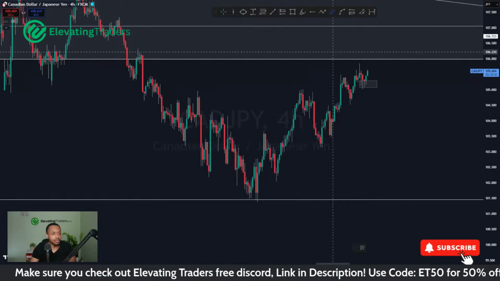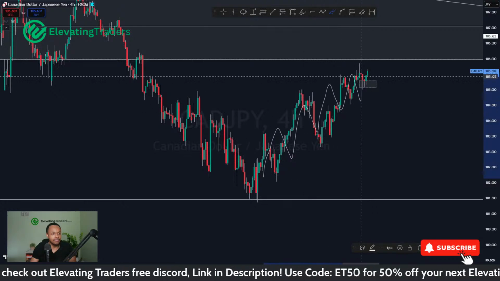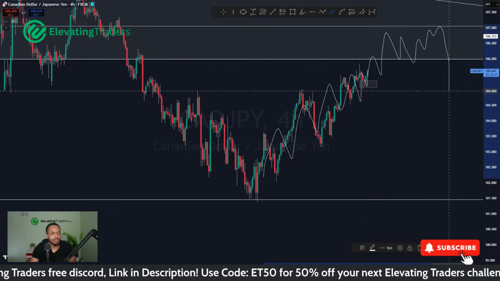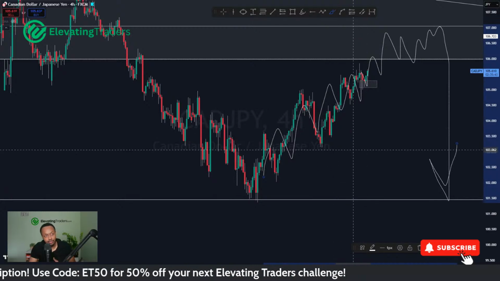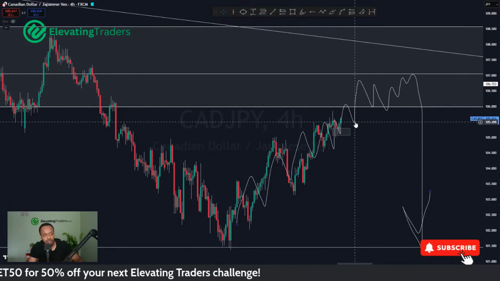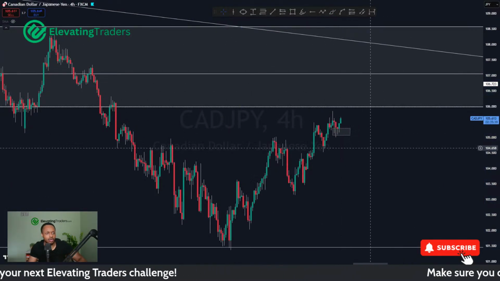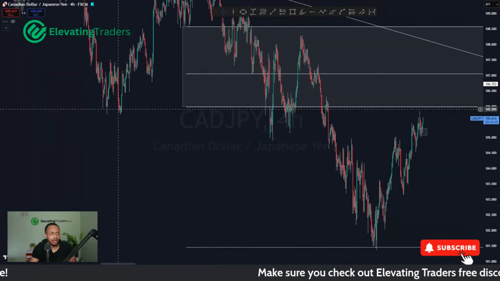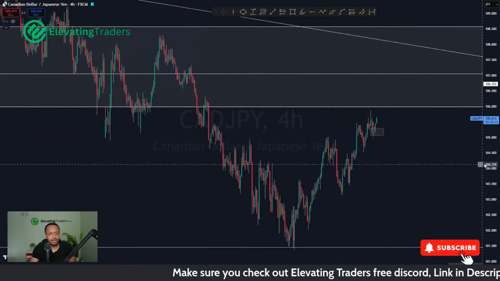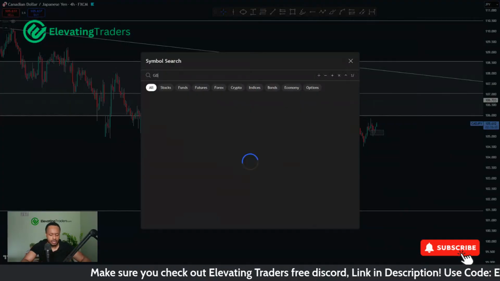Altogether, the move to the upside is pretty corrective. So that does give me the impression that eventually we'll probably go through a bit of a sell, so I would watch out for that. I wouldn't look for anything too crazy in terms of the buys. But like you said, if you're targeting 106, I think there's a good chance price gets there. Kind of lines up with that low there as well. So yeah, CAD Yen, I do like the sells there.